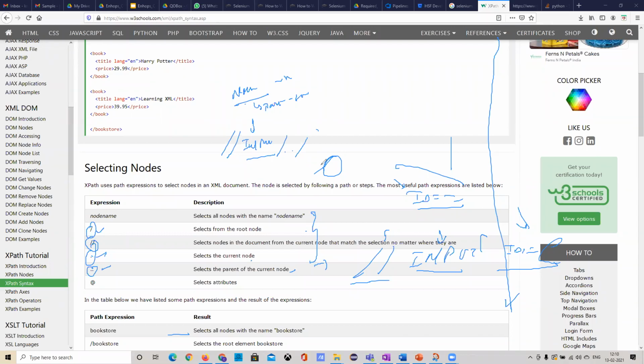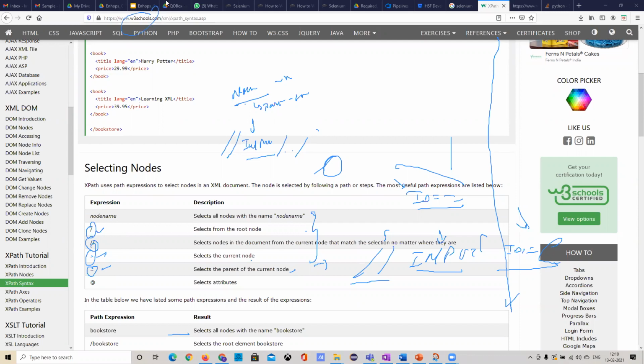Why should we require the locators, which locators we need to concentrate on more, how to access these XPaths, and what are the different types of XPaths. The implementation part I didn't get into, because for the implementation we need to go through the document and see how to implement each one by one, and we can get back to it. Okay, so these are the basic things you need to refer.